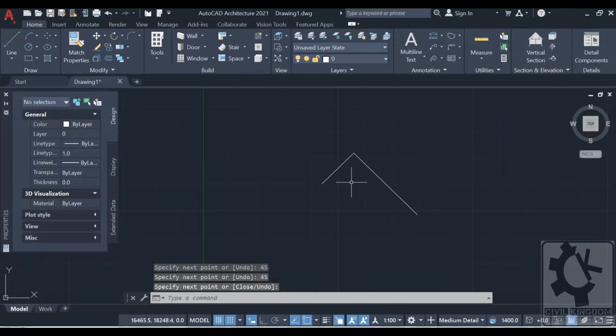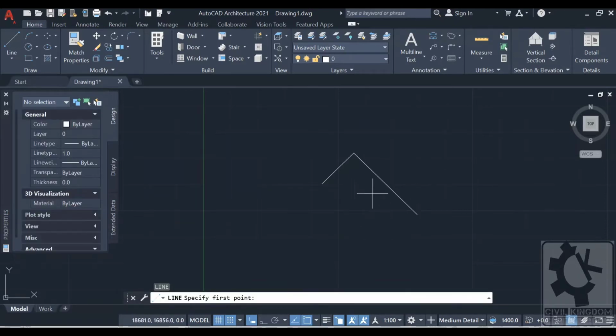It will cancel the command. Again, if you want to repeat the command, you need to right click of your mouse and it will start the command which was used the previous time.